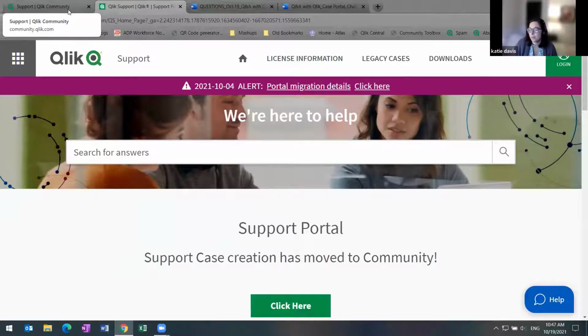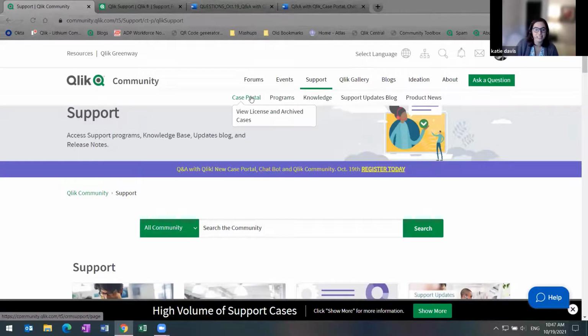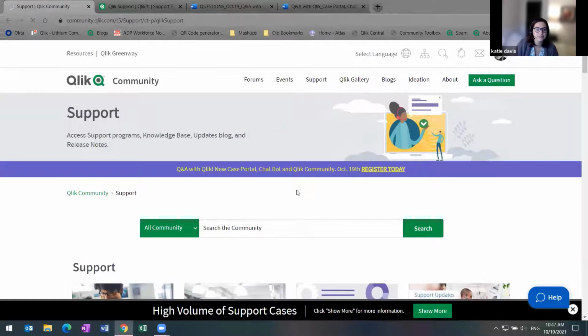Awesome. All right, so we have one more question. If you guys have more questions, make sure that you get them in the Q&A panel now, or else once we finish this, we'll give you some of your time back. This question is specific to creating a case in the case portal. They want to know what's the difference between a product and account issue. I think that's one of the first questions you're asked when you submit a case.